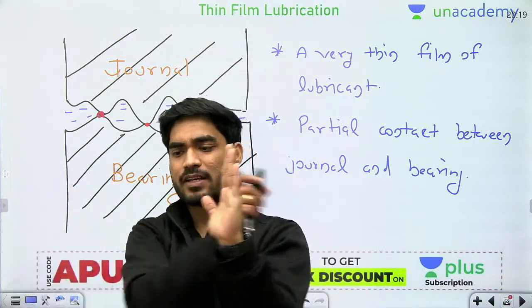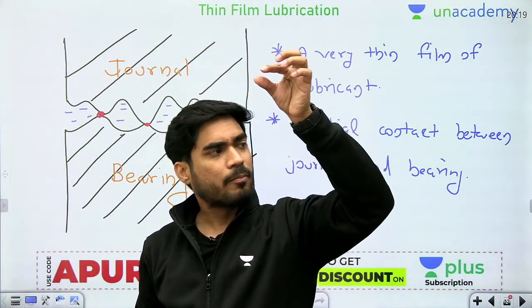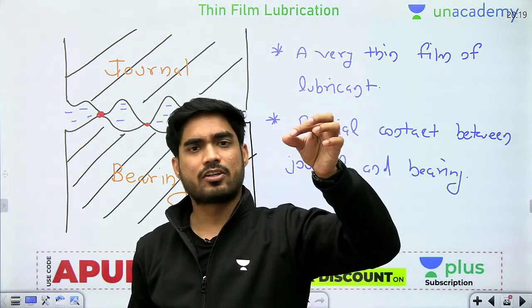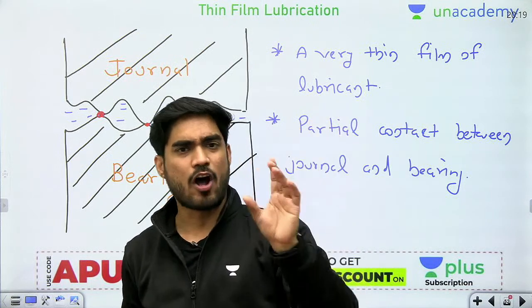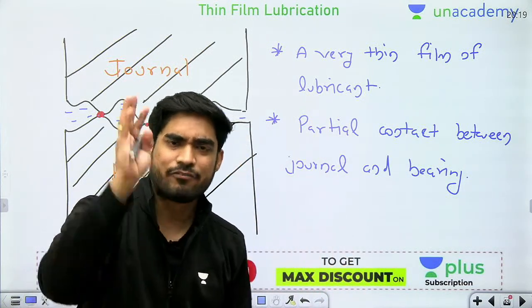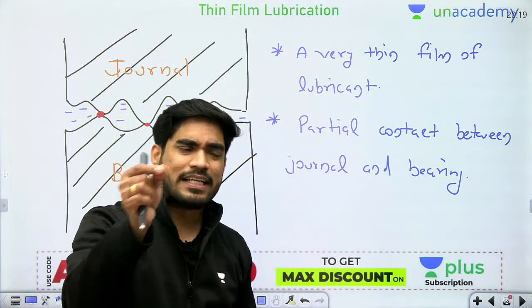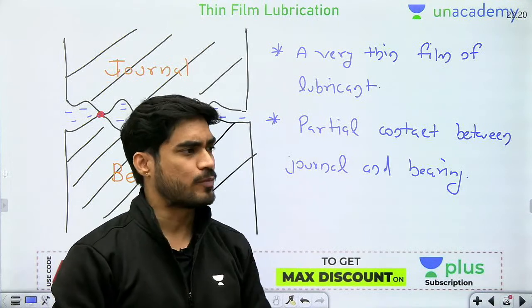The hinge of the door: if you put 2-3 drops of lubricating oil in that, then it will become a thin film lubrication. 2-3 बूंद अगर lubricating oil की आप अपने hinge में डाल दो, door के hinge में, look at the hinge